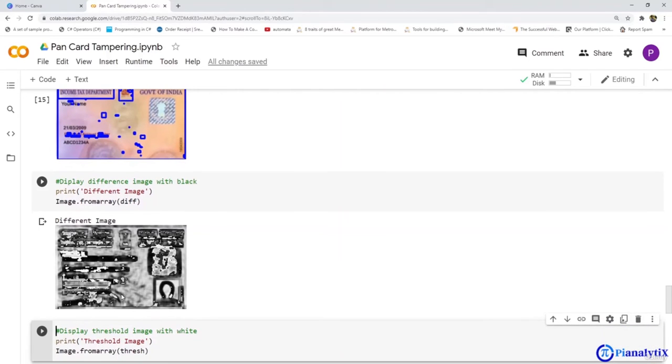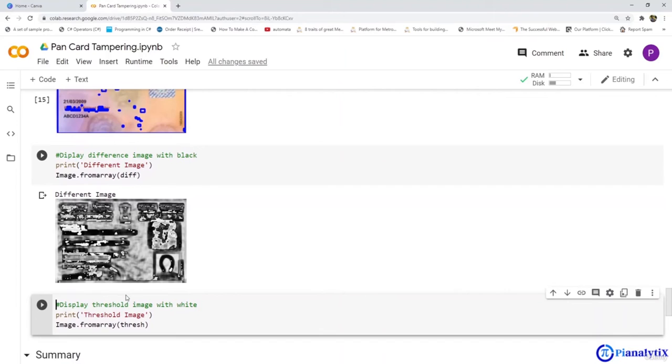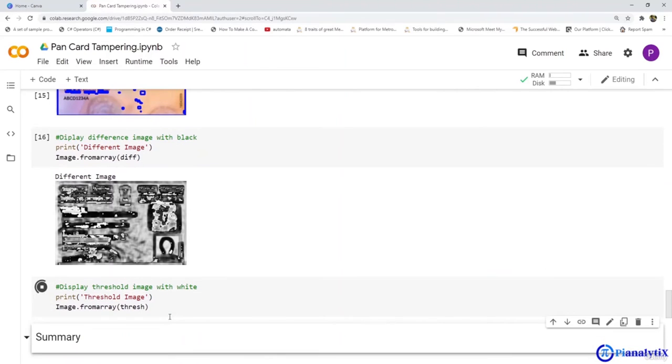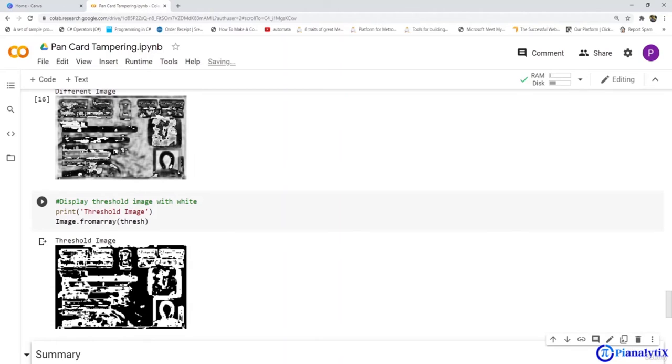Similarly, we'll find the threshold in white. Let's visualize that. Here we can see that the threshold difference between the original and the tampered one is really high, as this white portion shows the threshold difference between them. You can see that it has a big difference because the white portion has acquired most of the space in this image.